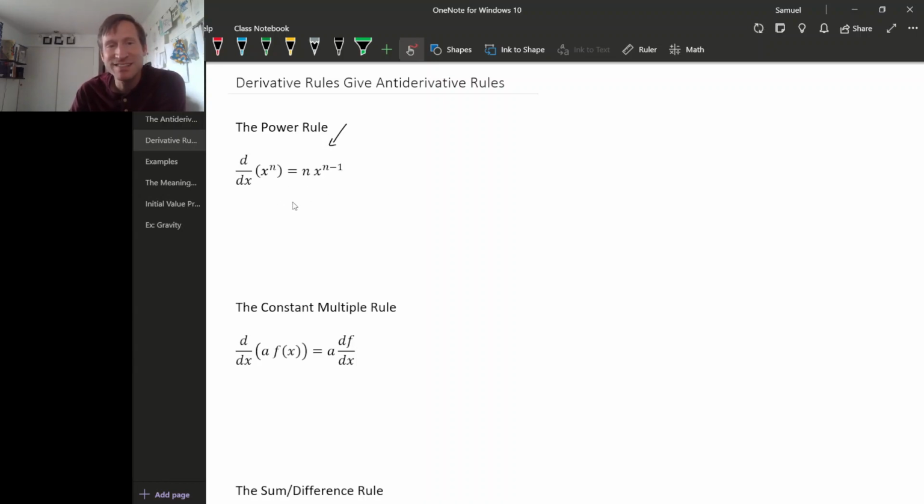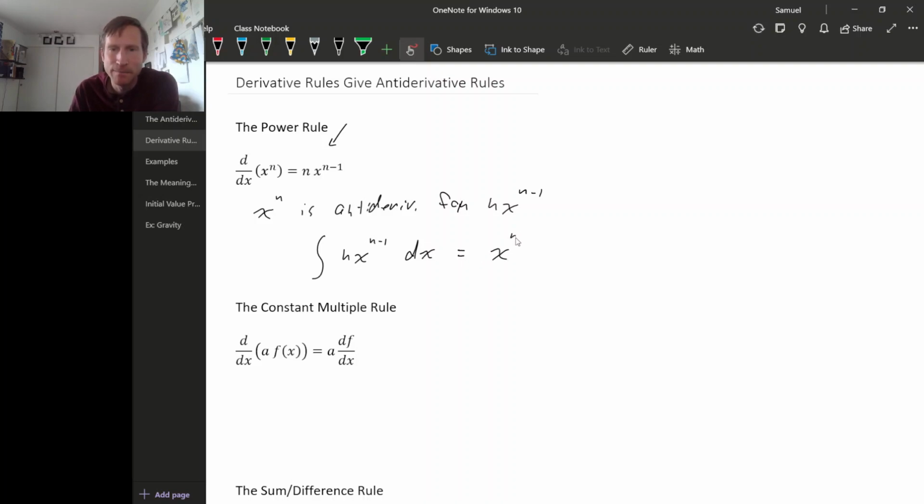What it's telling us is that x to the n is an antiderivative for n x to the n minus 1. In other words, we have these symbols we can use to express the idea of an antiderivative or an indefinite integral. So the antiderivative of n times x to the n minus 1